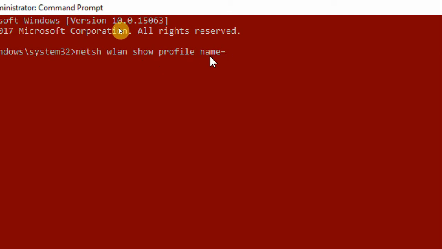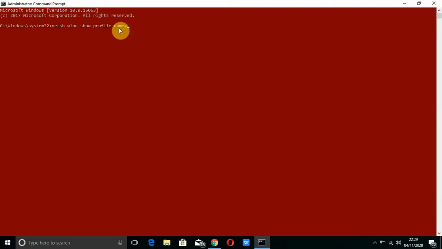Here name equals means let's type the connected Wi-Fi name. We can see the name of the connected Wi-Fi on our computer just by clicking here.